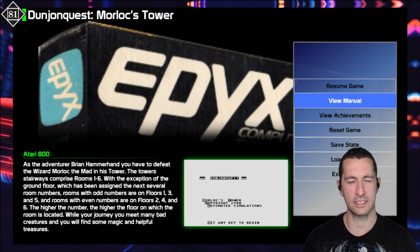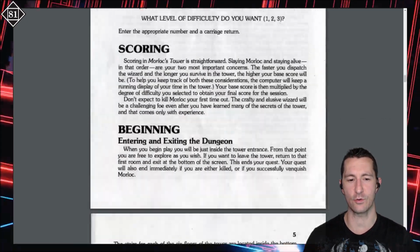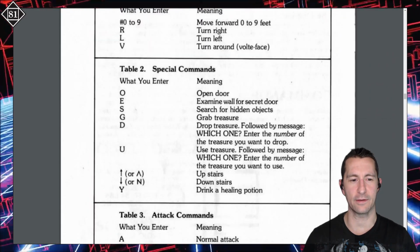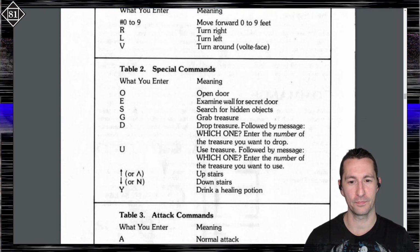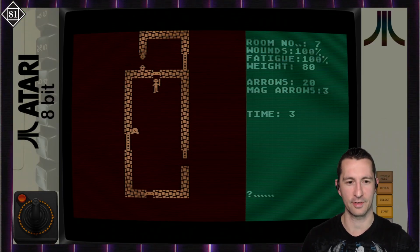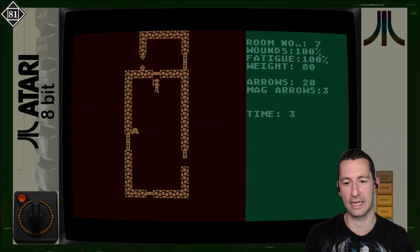Every time we played a Temple of Apshai game, the door would open whenever we select. We just go next to it and then say D, and then the door would open. And this one changes it? Why would they change that? So, oh, I see. O is open door, not D for open door. But what did D do? Oh, D is drop treasure. Okay, oh gosh. Turn around. V, it's O for open door. Oh man, gosh, and then we can't open...